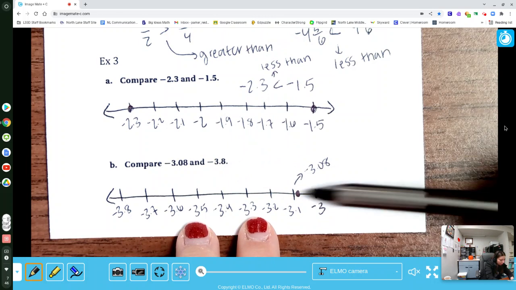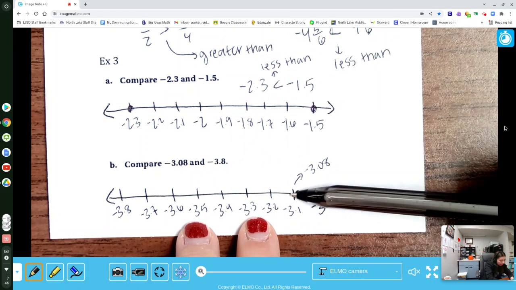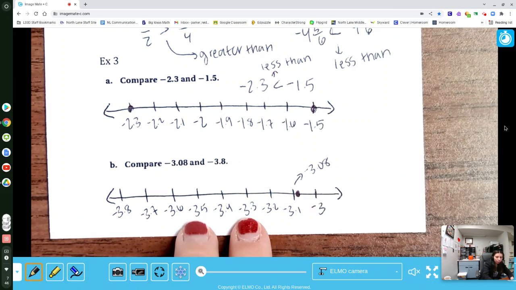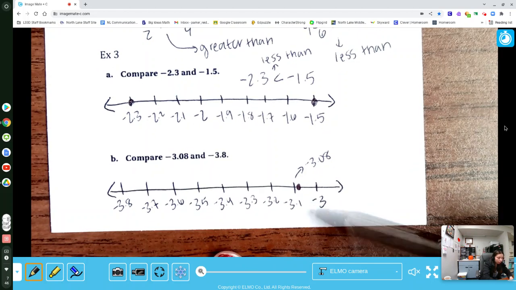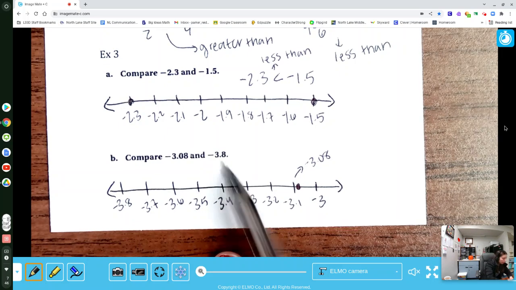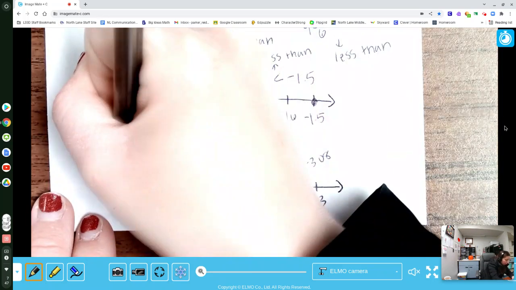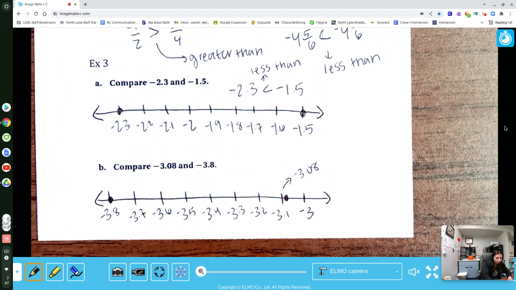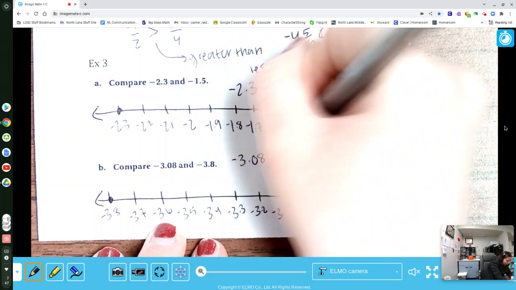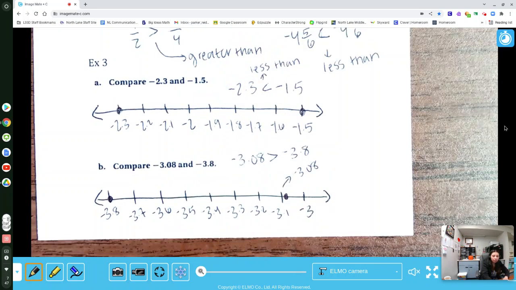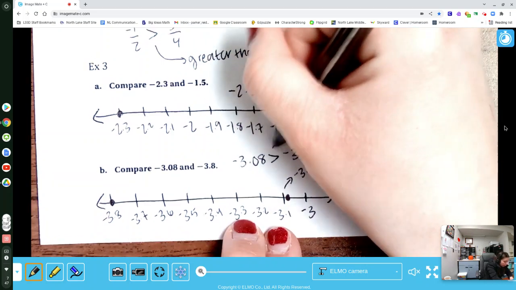It's going to be further left than negative 3, but it's going to be just before negative 3.1 because, again, it's only 8 hundredths, not 10, and we need 10 hundredths to make that tenth, 0.1. Then we're going to plot negative 3.8 over here. Now we need to decide which is greater. Remember, things further to the right are greater than things to the left. That means negative 3.08 is actually greater than negative 3.8 because, again, things to the right are greater than things